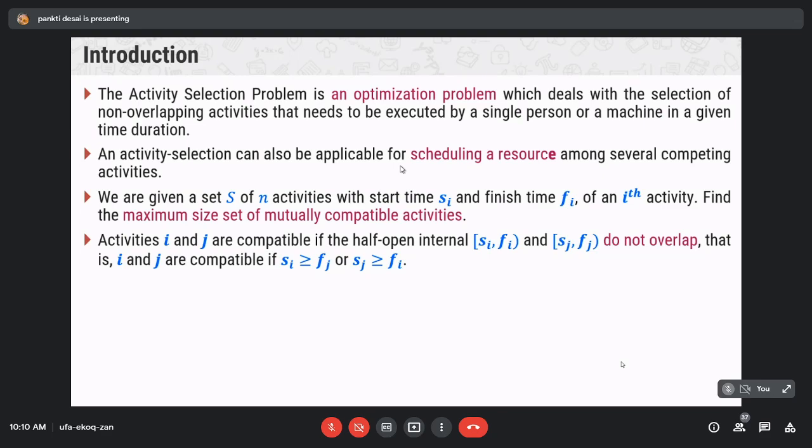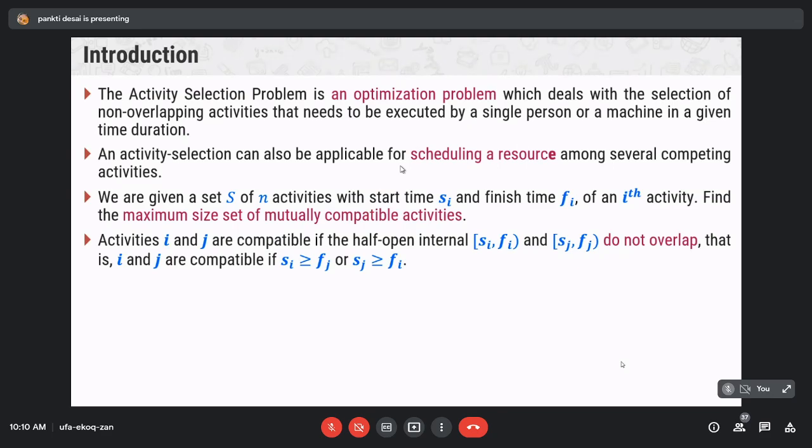So here we have a set S of n activities with starting time si and finishing time fi. And we have to find the maximum size set of mutually compatible activities. Activities i and j are compatible if the half-open intervals [si, fi) and [sj, fj) do not overlap.